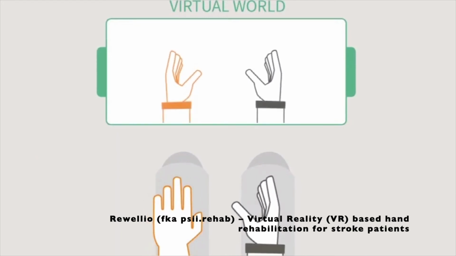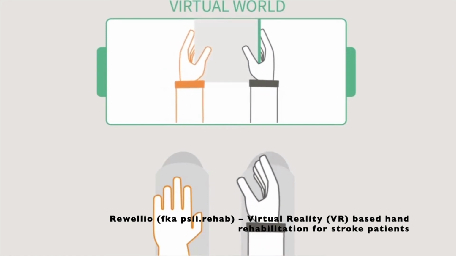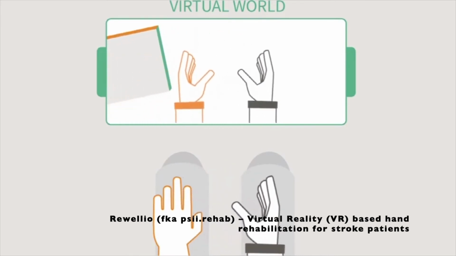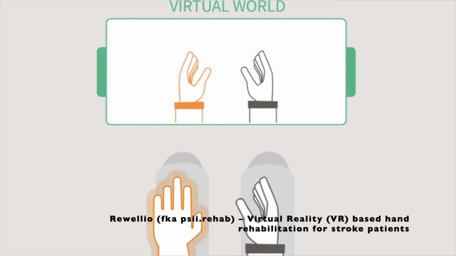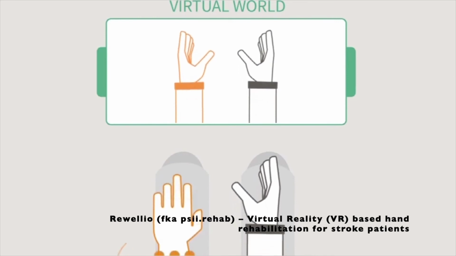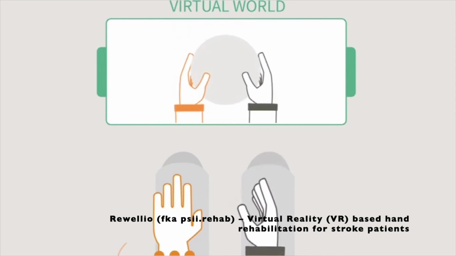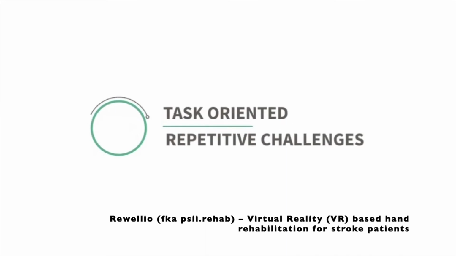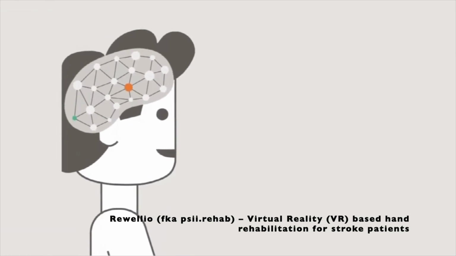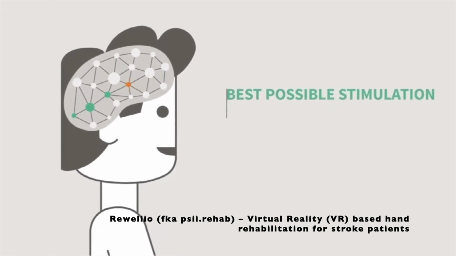world. While the active hand can be used just like in the real world, the virtual movements of the paretic hand are animated. If the affected hand is completely impaired, the movements will be artificially animated. If some functionality remains in the affected hand, the virtual hand is controlled by its EMG signals. Within this virtual world, the patient carries out task-oriented and repetitive challenges, in which both hands are active. The aim of this interactive illusion is to provide the best possible stimulation of neuroplasticity to support the rehabilitation of